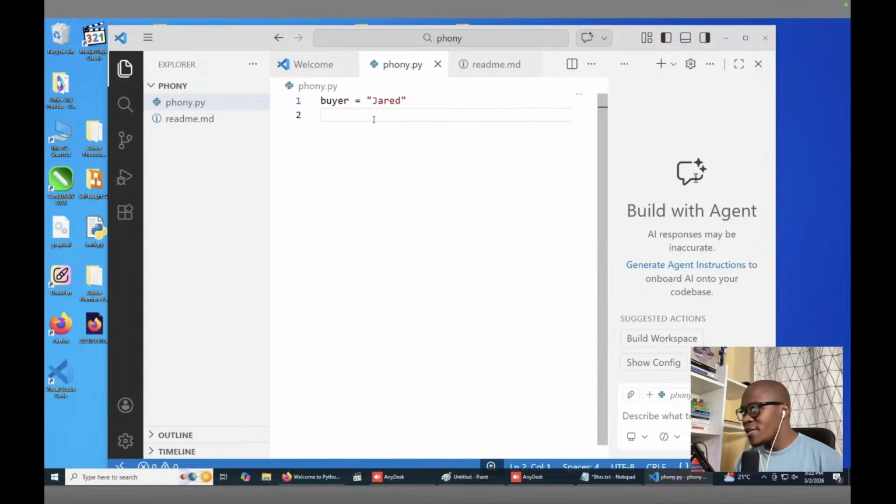To store a list in Python, you can just say bought phones, and then you use that. Since you want to store serial numbers, we can say this is the serial number for the first one. We store another serial number, another serial number, another serial number, another serial number,